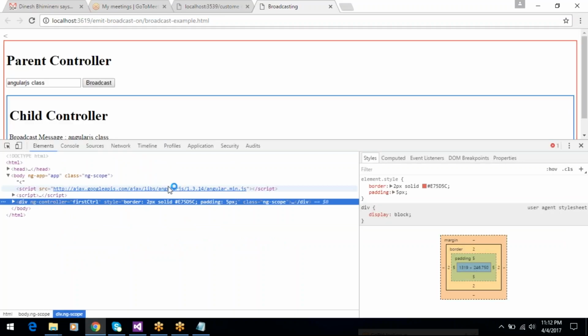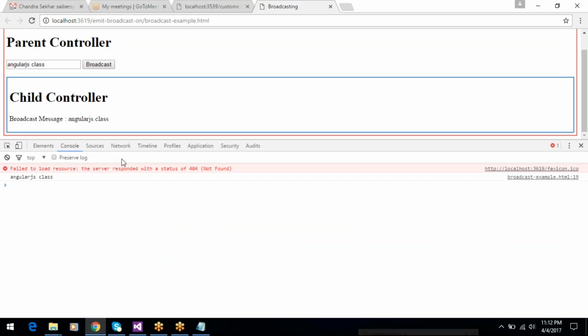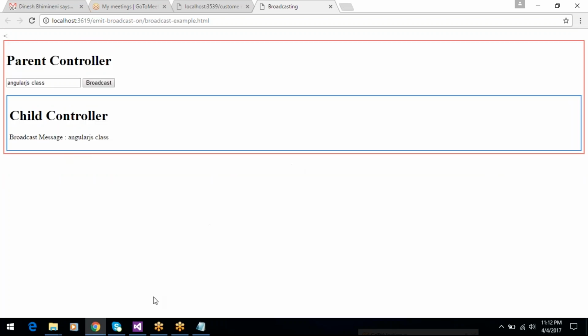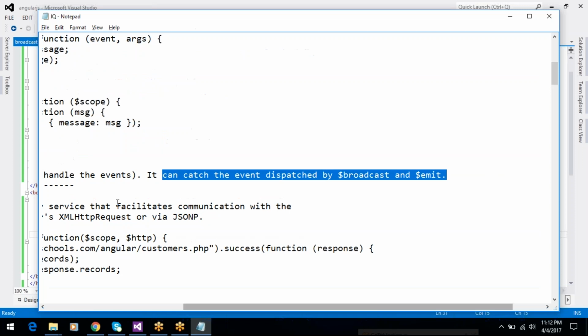Go to inspect and you can go to the console. Here also AngularJS class is displayed. So that is broadcast